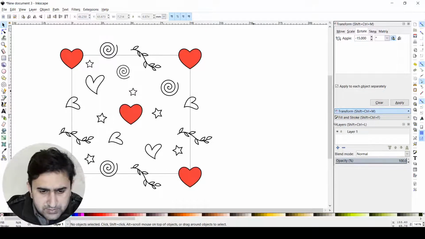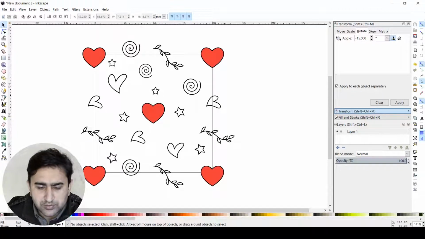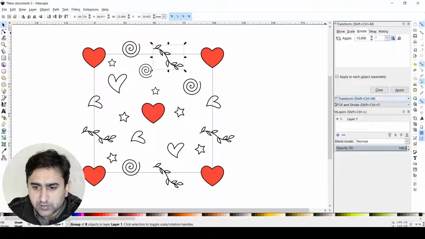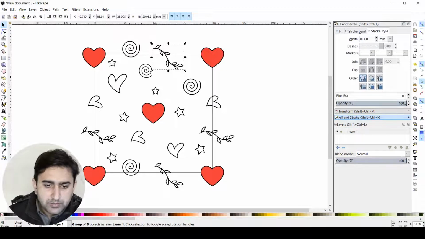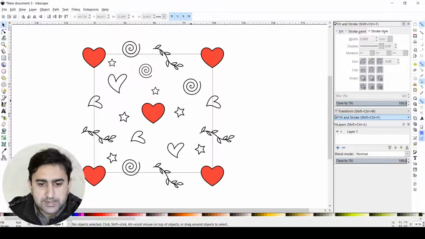Okay, this seems pretty okay, and I think you got the idea of how you can create different elements, different things in this. You will understand that you can arrange different elements as you would like and create a seamless pattern. Now it's all done, and now it's time for us to export this one as a PNG